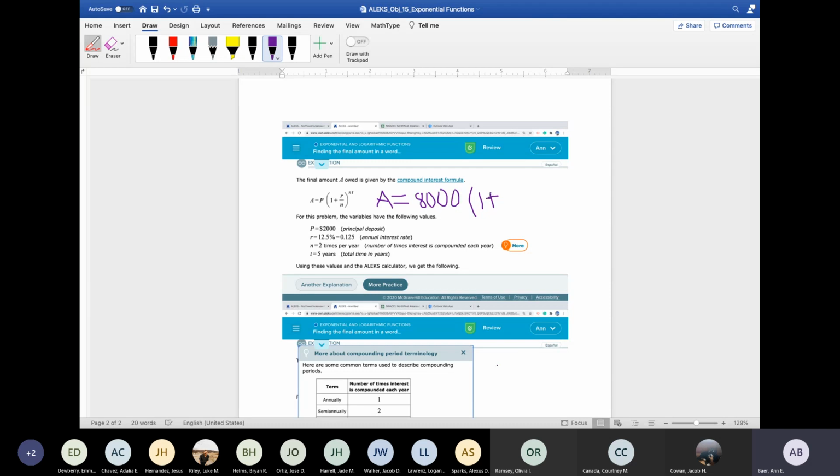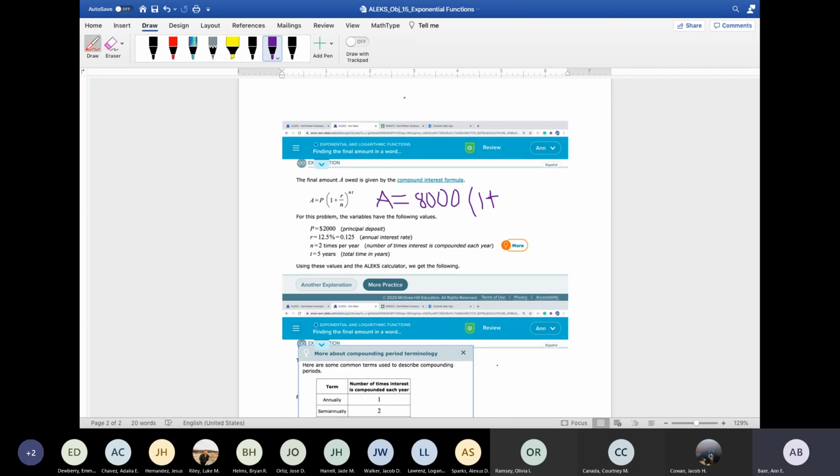Maybe let me put a little bit more on there, just emphasize that it's a plus sign. And then we've got R. R is our interest rate in decimal. Now in our problem, not this one, this is just to let us know what the variables stand for. In our problem, it's